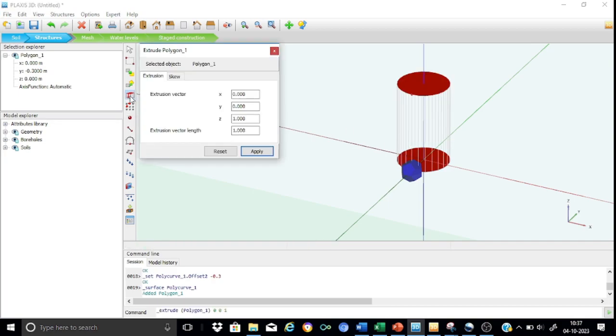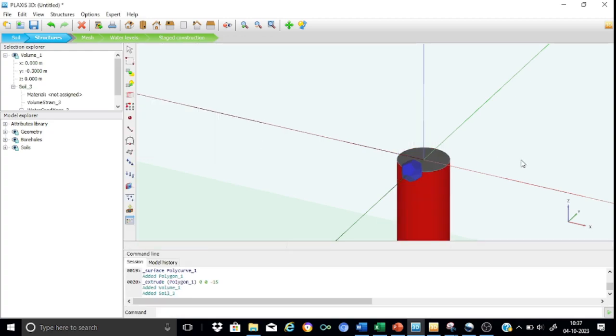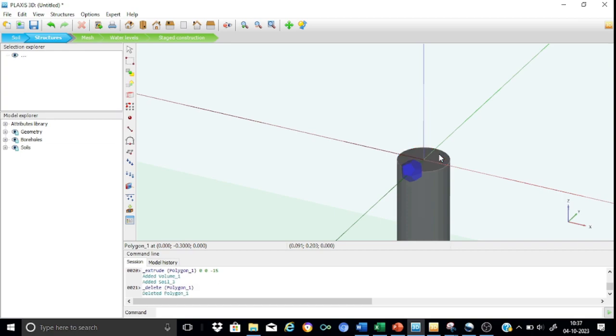Go for the extrude. And so we know that the total length of the pile is say 10 plus 5, that's equal to 15. So we'll keep it as a minus 15. So this is apply. Okay, so you can say that yes, we have generated the volume pile. Once we have generated the volume pile, what we can do is that we can just delete this surface, the top surface. We can also delete the polyline, delete this, and then just proceed for